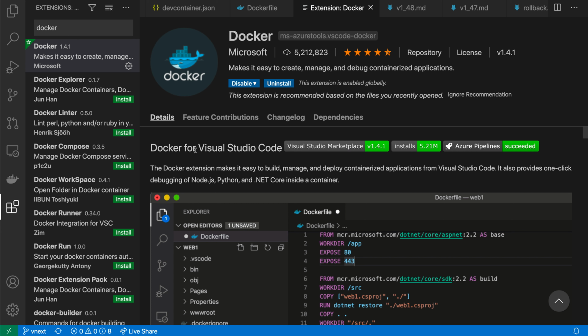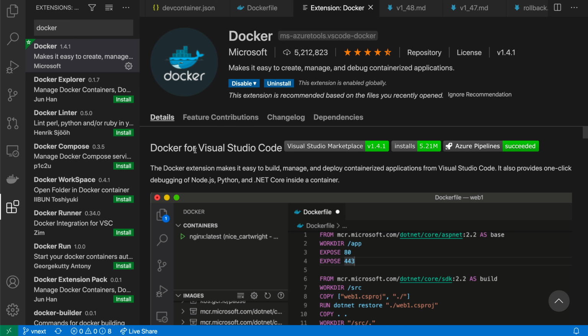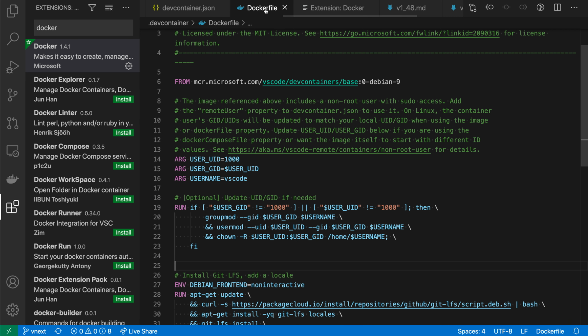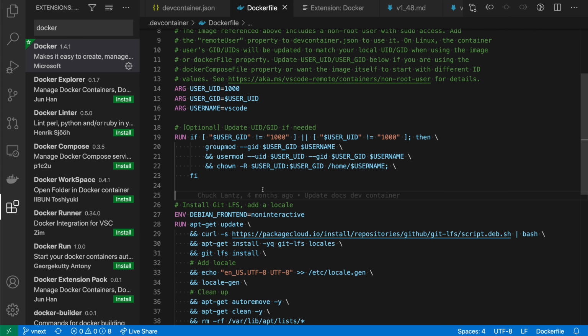The Docker extension for VS Code adds support for authoring Docker files and for managing Docker. Here I've already installed the extension, so let's take a look at it in action. I'm going to switch over to this Docker file, and one feature this extension adds is support